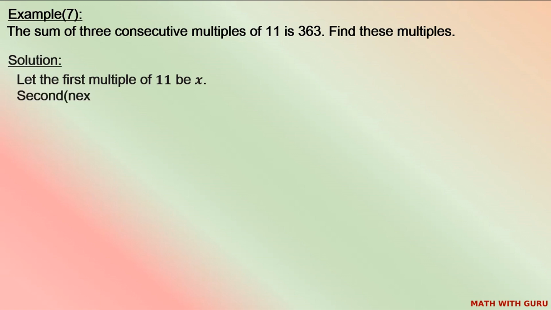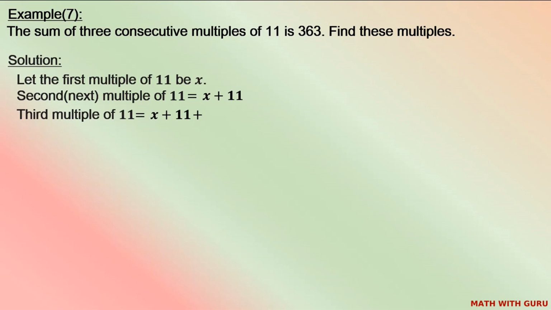So, the second multiple of 11 equals x plus 11. For the third multiple, add 11 to the second multiple, x plus 11 plus 11, which is equal to x plus 22. It is given that